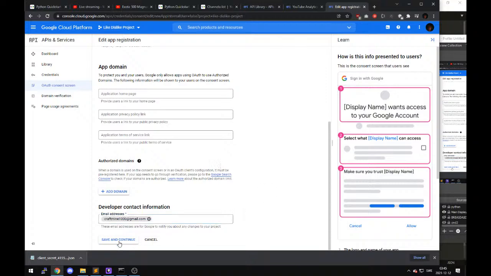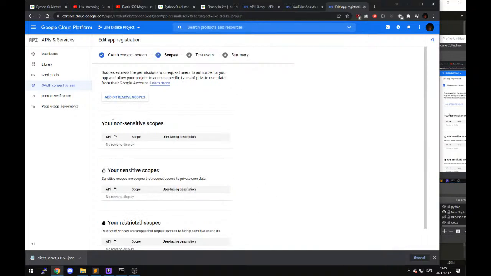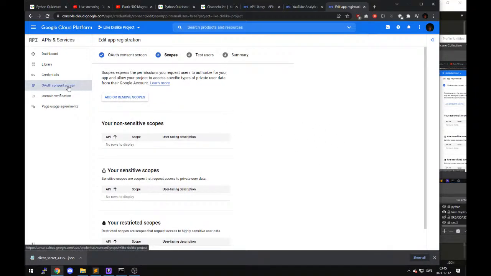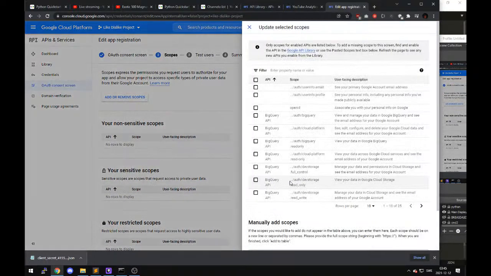It's this channel's email address, like in all the other fields. And here we go. We are now on the OAuth consent screen. Now we're gonna add scopes, which is what we actually require. And we're gonna require